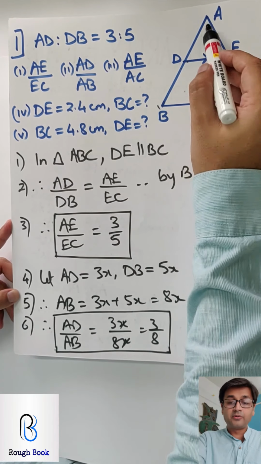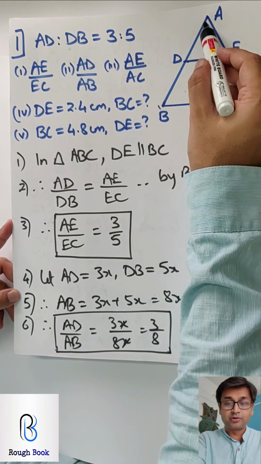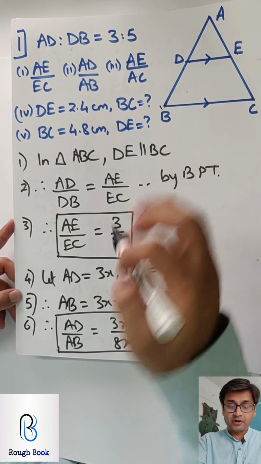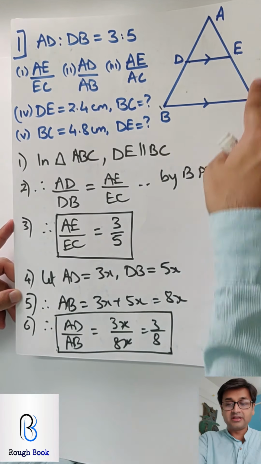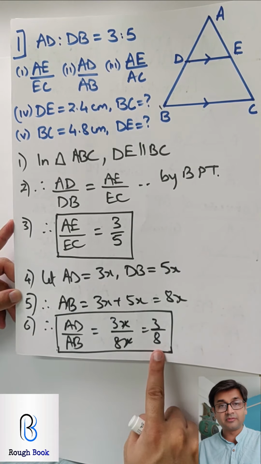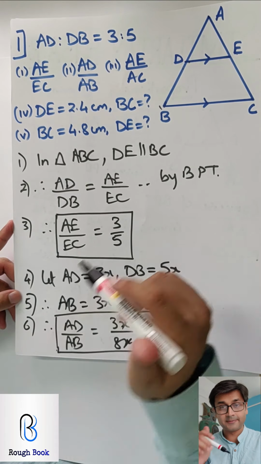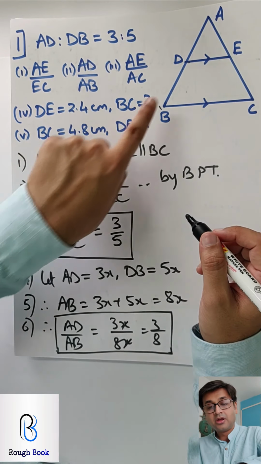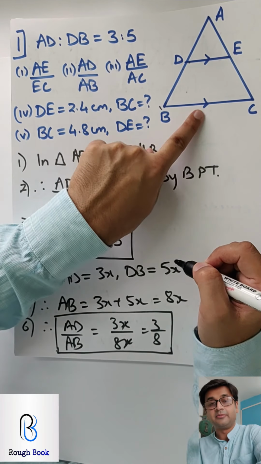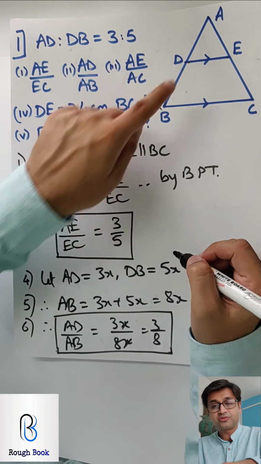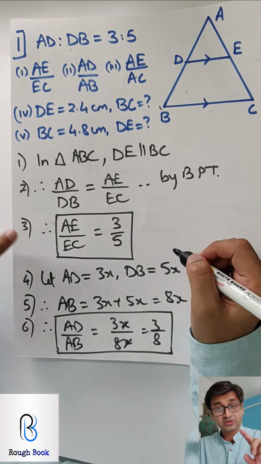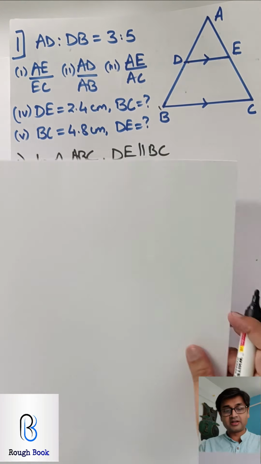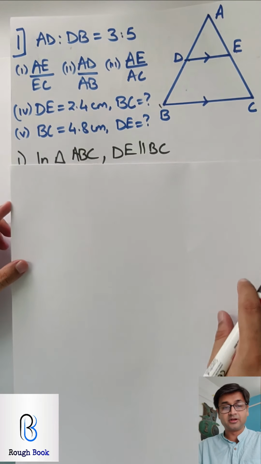Now AE upon AC, I can use the same X method with this, or I can use the triangle method. I would insist you use the triangle method, prove triangle ADE and ABC similar, and then say AD upon AB equals AE upon AC, which is equal to 3 by 8 by CSST. Why? Although this is easy, I am asking you to do that because later on you will be given DE and you have to find BC. So to get that any which way you have to prove the triangles similar. So we are saving our energy and time by directly doing it, okay? So let's go ahead, let's prove the two triangles similar.